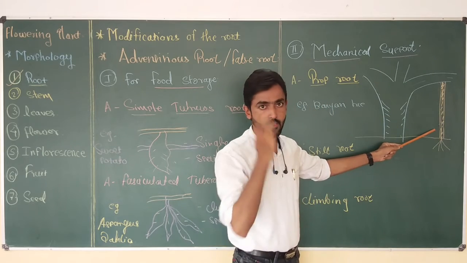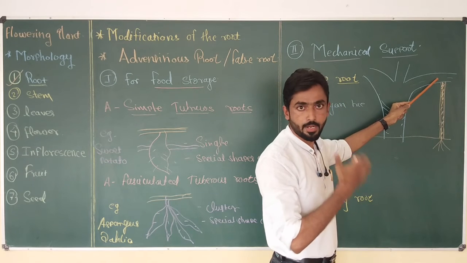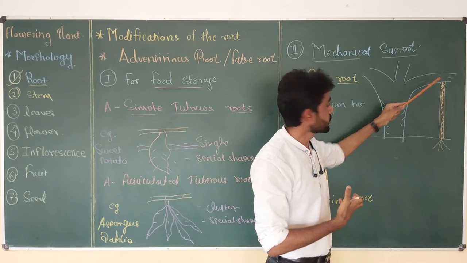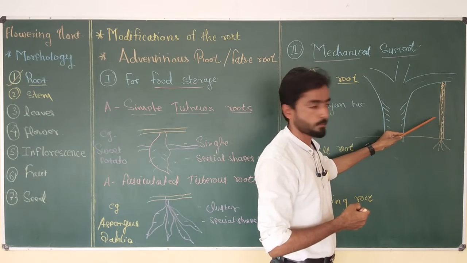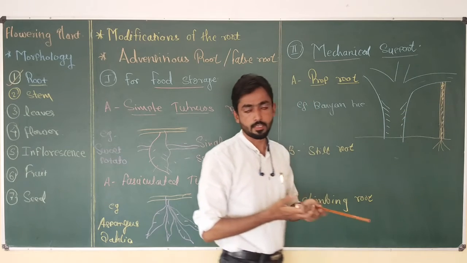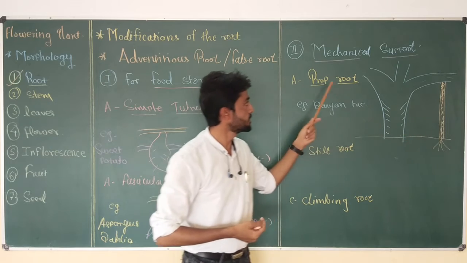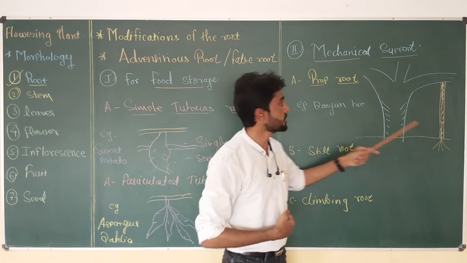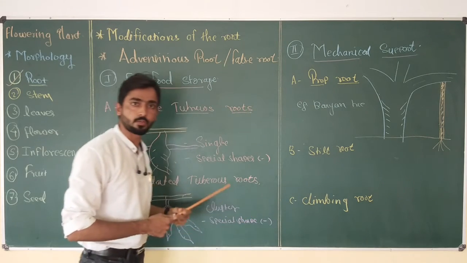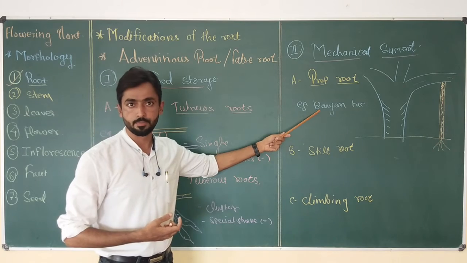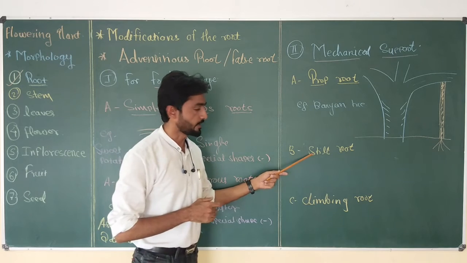and now these roots act like pillars for supporting the branch from which they grow. Okay, so a single banyan tree can develop multiple prop roots from different branches, and now the canopy of the banyan tree gets support from these pillars. So these roots act as pillars, so they come under the mechanical support class. Okay, and a well-known example of this type of root is observed in the banyan tree. The next type of mechanical support root is the stilt root.